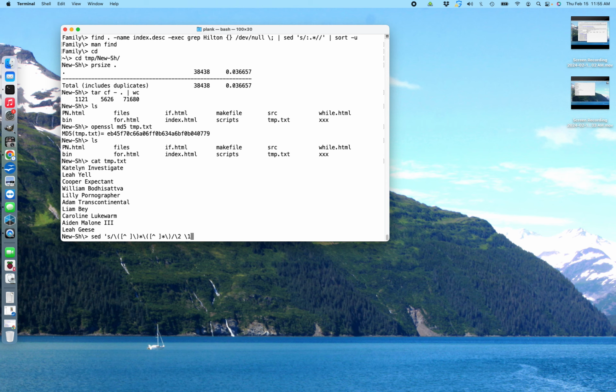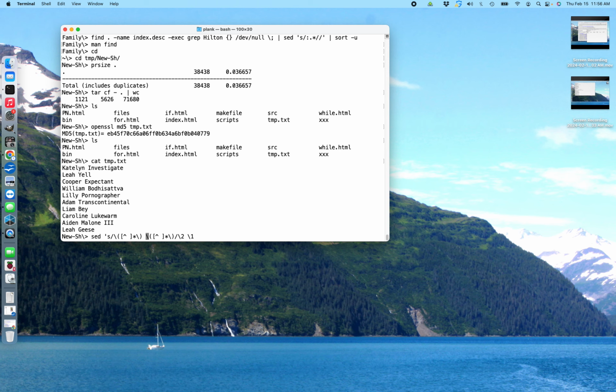2, 1. Okay, so match 2 sets of not spaces with a space in between them, which I didn't put the space in between them, did I? What did I do? This is terrible. This is not going to work. There we go. Okay. Not space, all not spaces, space, not space, all not spaces.